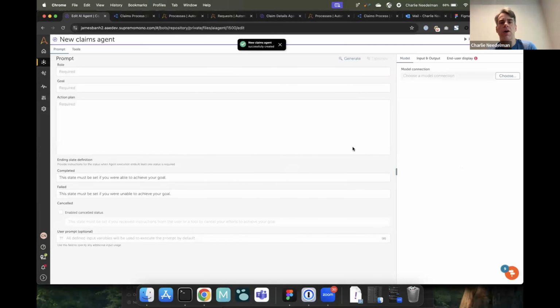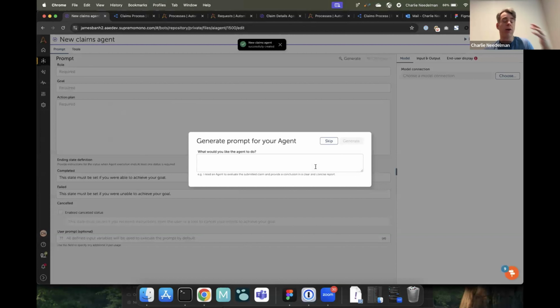Now the first thing is, I am not a prompt engineering expert, despite all the research I'm trying to do to make sure that I learn. I don't expect any of you to be prompt engineering experts, to think through exactly how to structure this prompt so the LLM or the agent will understand it best. So instead, we start off with this pop-up: What would you like the agent to do? Just use your own language. You don't have to think about how to structure it.